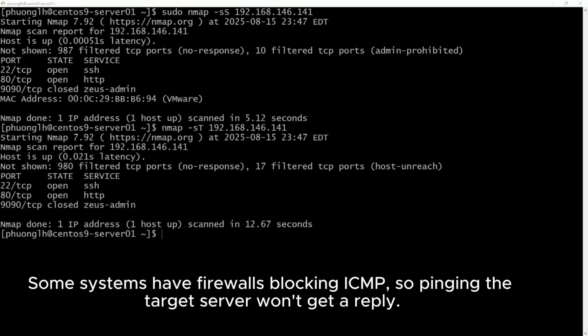Some systems have firewalls blocking ICMP, so pinging the target server won't get a reply.